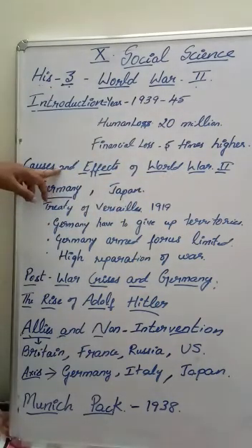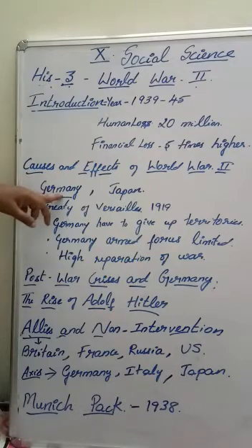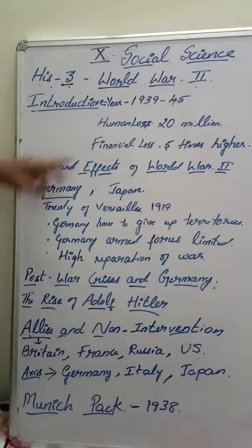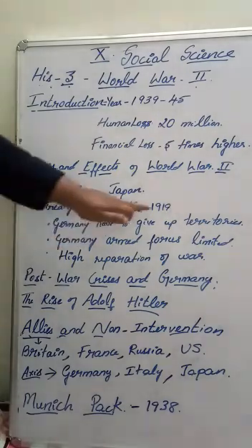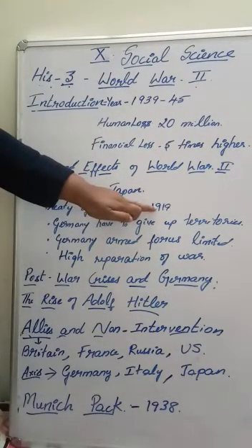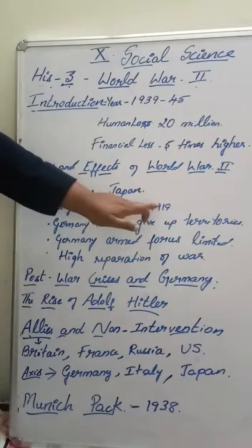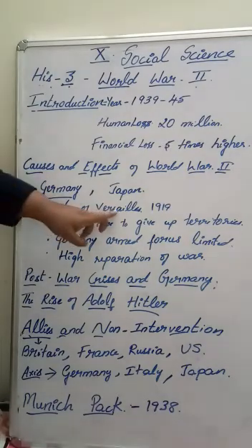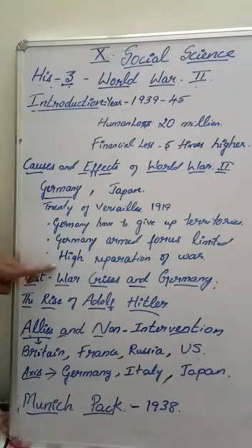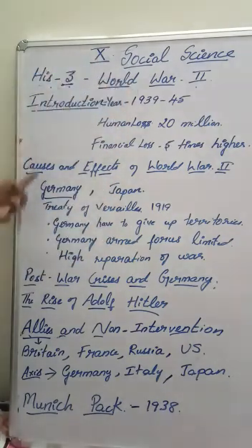The main reasons for the Second World War were Germany and also Japan. Now we'll see for what reason Germany wanted to have this Second World War. The first reason is, as we already know, in 1919, at the end of the First World War, all the countries established a treaty known as the Treaty of Versailles. This Treaty of Versailles contains conditions which all the countries have to obey. According to this treaty, three reasons made Germany conduct the Second World War.